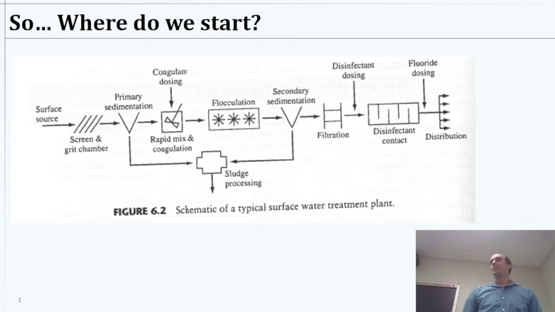All right, so last week we left off talking about a big picture overview of what a typical surface water drinking water treatment plant would look like, and just grazed the surface, naming each of the components. One of the things we'll find is several of these are applicable to both water and wastewater treatment. That should be a little bit obvious, in that it's a water treatment technology, so there's a lot of flexibility there